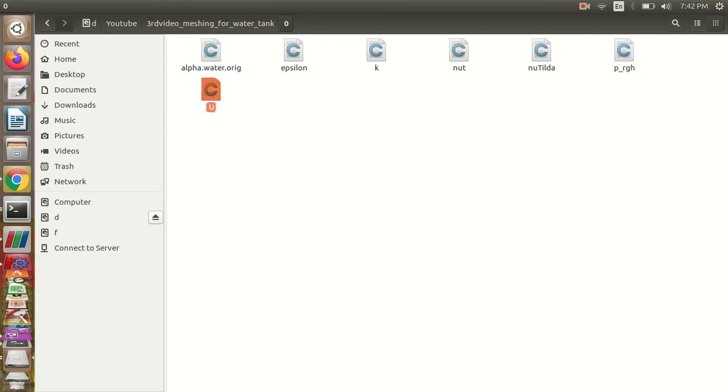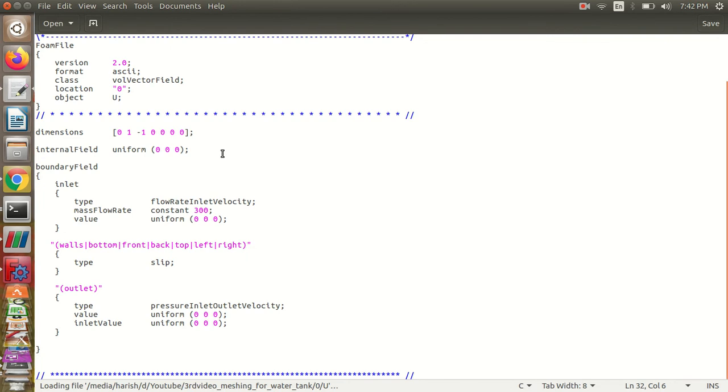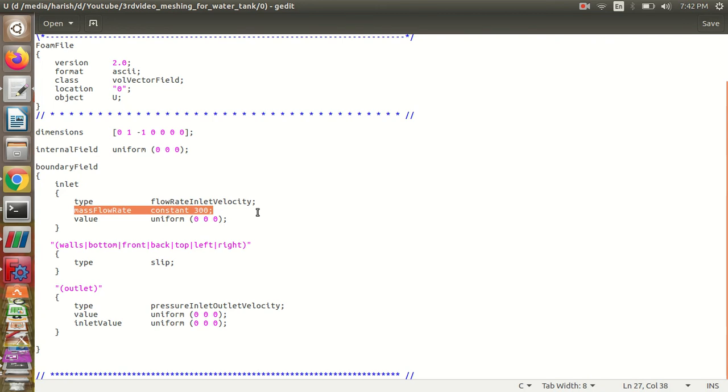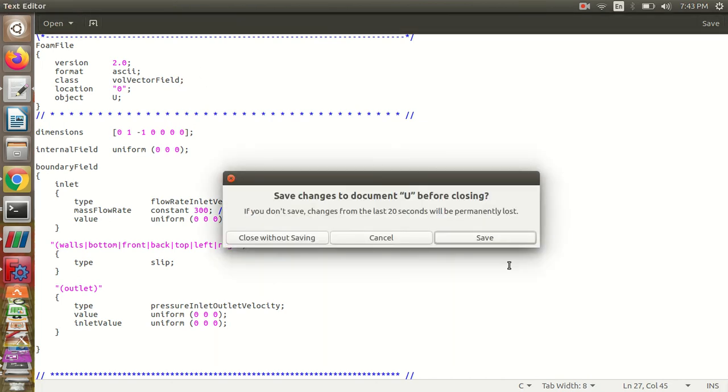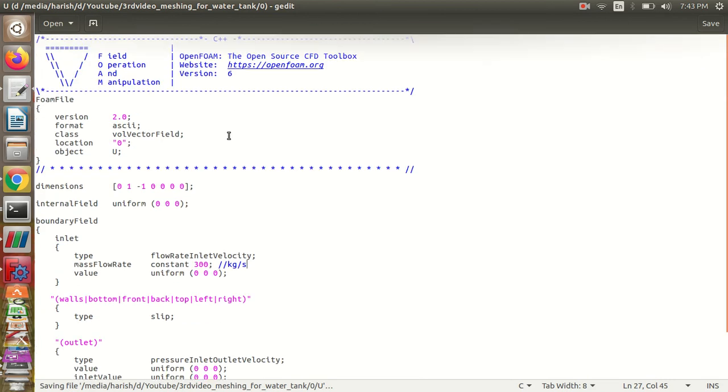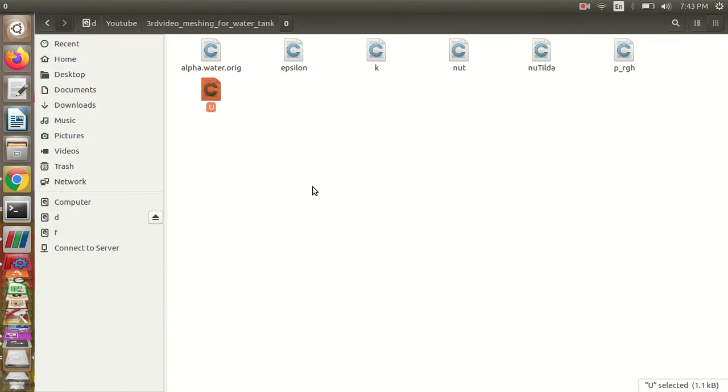The main thing is, because the water has to flow, you need to give the flow rate in the velocity. So I'm giving my mass flow rate as 300, which is in kilograms per second. Please do remember that. The rest of the things are pretty easy.